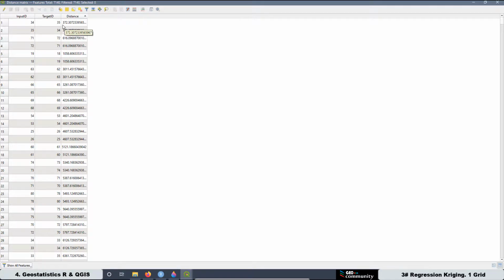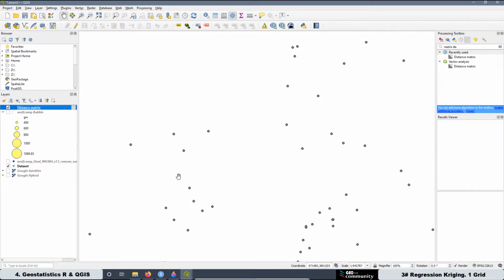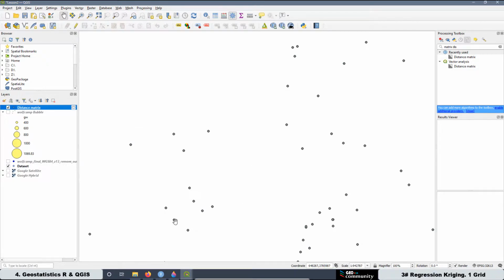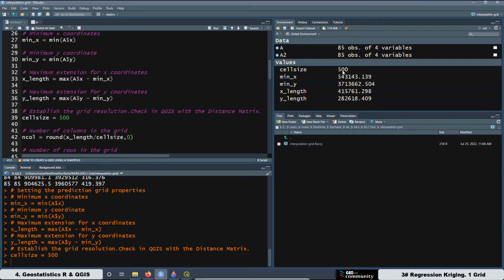Then the minimum distance that we have between two data points, as you can see, let me take the satellite imagery. The minimum distance between 2 points, as you can see in this table, is 372 meters. Okay. Then when we are going to do the pixel resolution for the grid, we don't want to have a pixel resolution that is smaller than that distance. Then as you can see, this one is the smallest one, and the first one is about 616 meters, right? Then a pixel resolution of 500 meters is going to be good in this case, and that's the one we are going to use. Then we can run this one, and again the pixel resolution is safe over here, 500